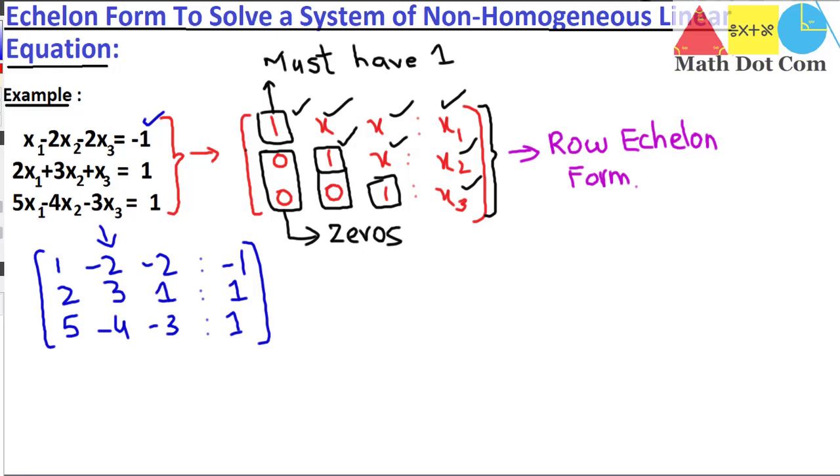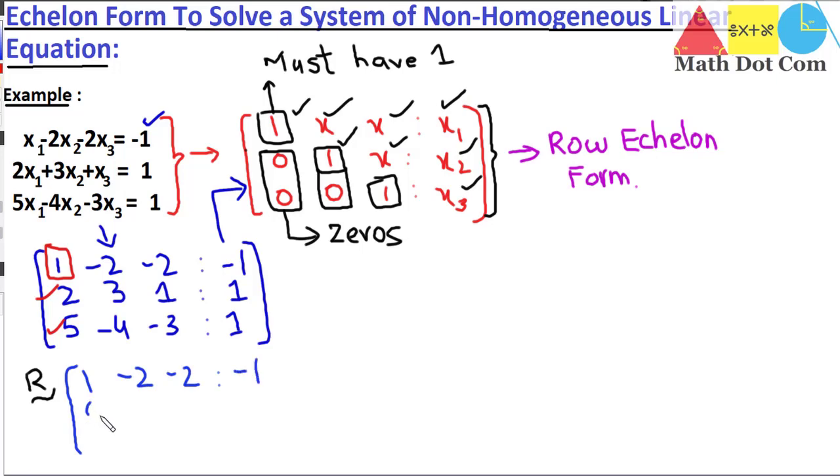Now we have to convert this matrix into this form. So how can we convert it? We have to apply the row and column operations on it. So let's start with a row operation on it. One condition is already met here, that we have 1 already here. What next is, we have to make this entry and this entry 0. So we have to apply the row operation. Let's see how we can do that. We write the first row as it is, 1 minus 2 colon minus 1.